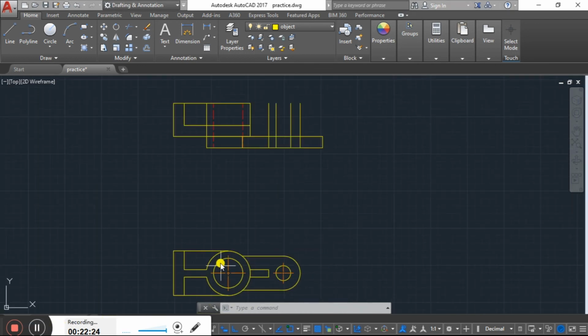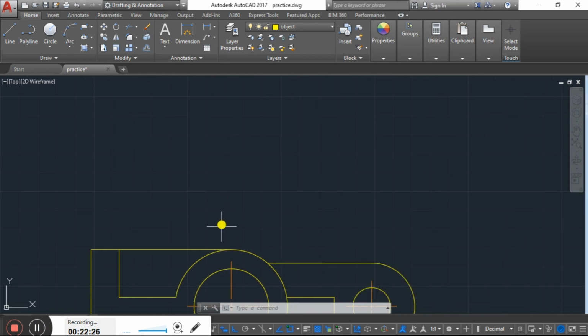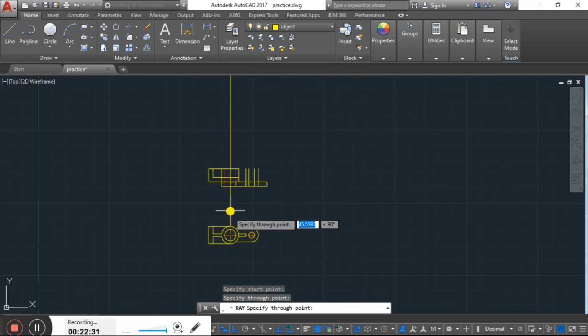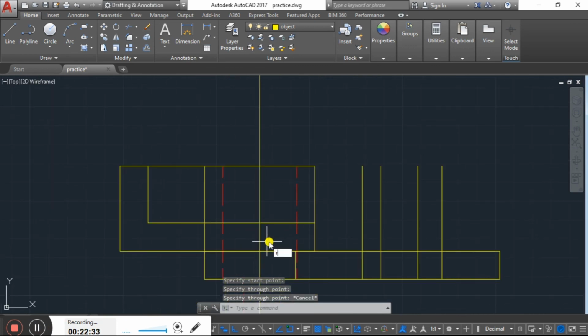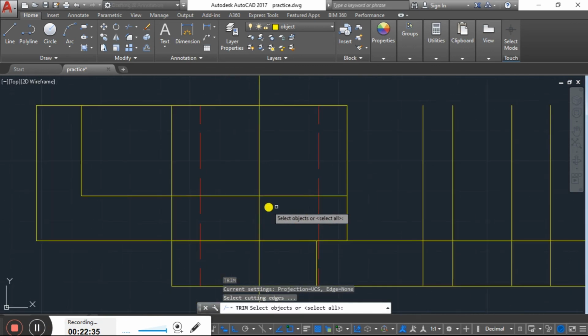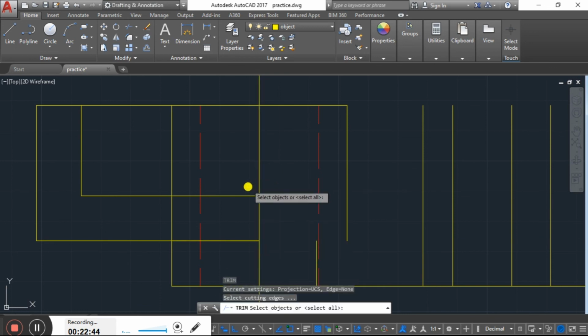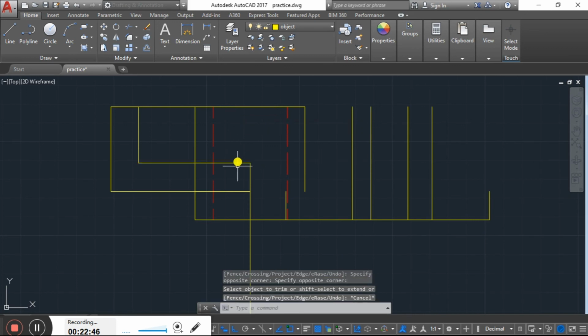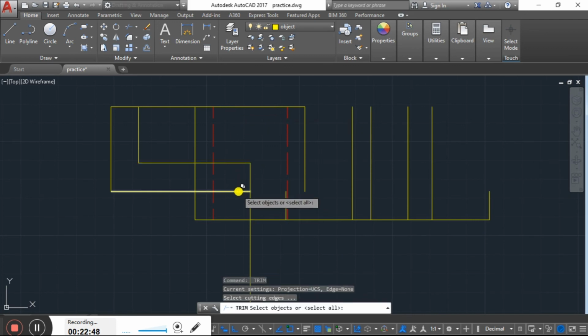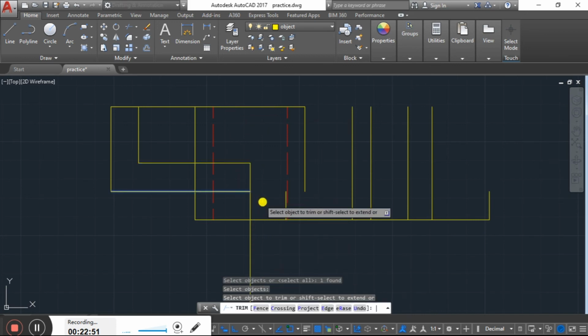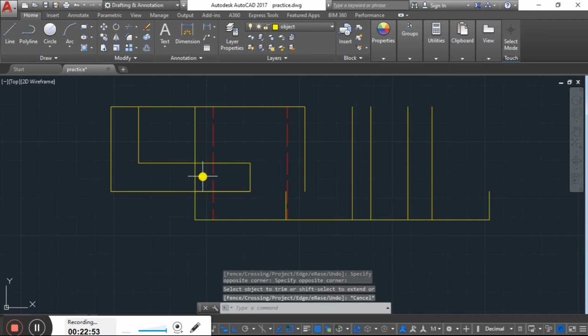Now one more ray is required. RAY. Take up to here. Now select trim. Up to here. Trim up to this section, and again up to this section. Now trim this section also.